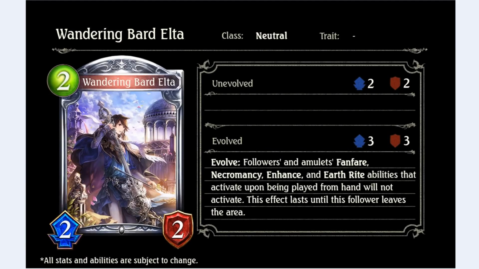Hello, this will be added just to the end of the video. There was literally one card released 12 minutes ago, which is just after that video was recorded, so I thought I'd stitch this together before posting it. We've got a neutral craft follower, silver, 2 play point, 2/2. It has no standard effect, but its evolve effect is: followers and amulets'